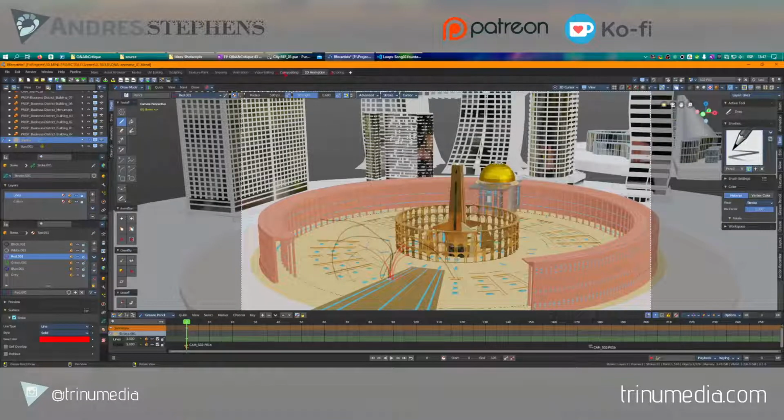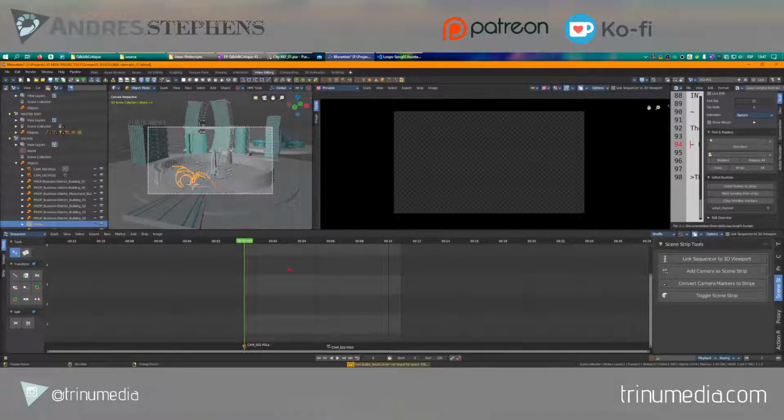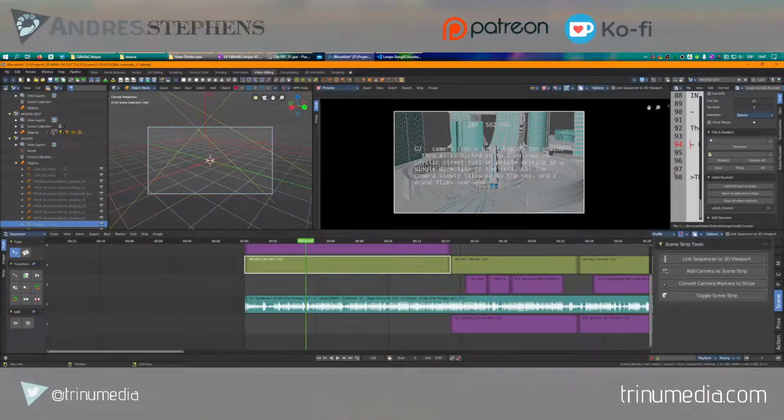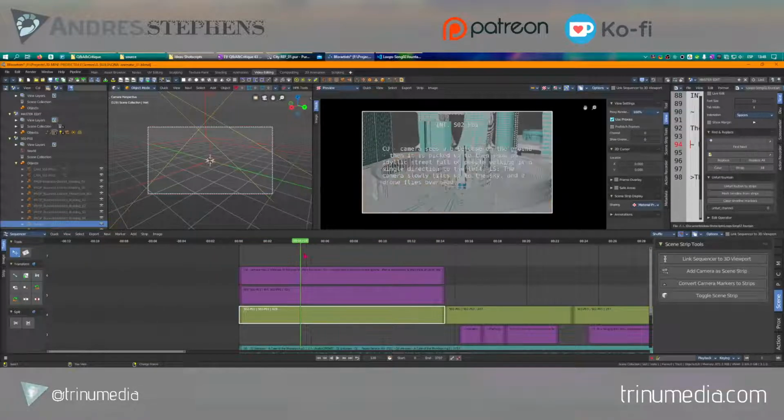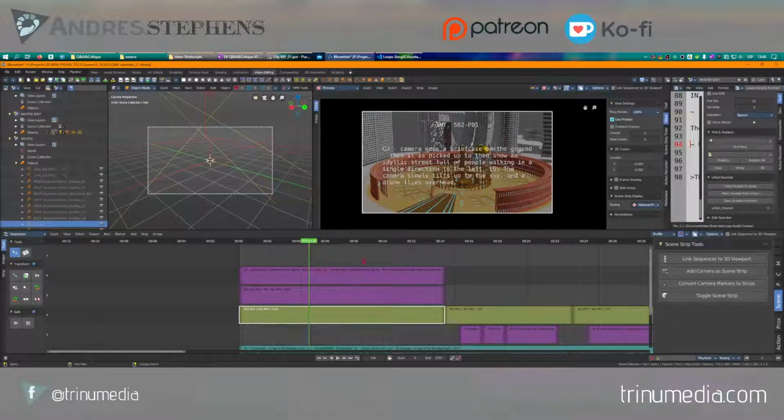So if I go back to my video editing and go back to my master scene, you can choose, and if you don't see it yet, you can go to your view settings and turn on scene strip display. Right now it's on solid, but we can also have material preview. So if we refresh the view, it's going to take a moment. Unfortunately, it's a bit slow. There it is. So now I have the grease pencil shown up inside the actual video sequencer editor